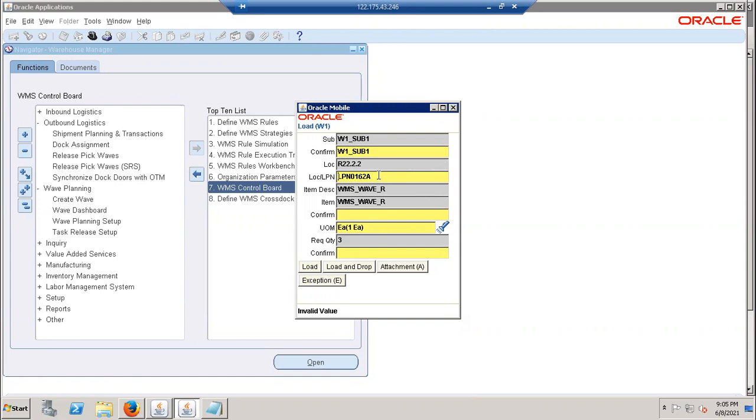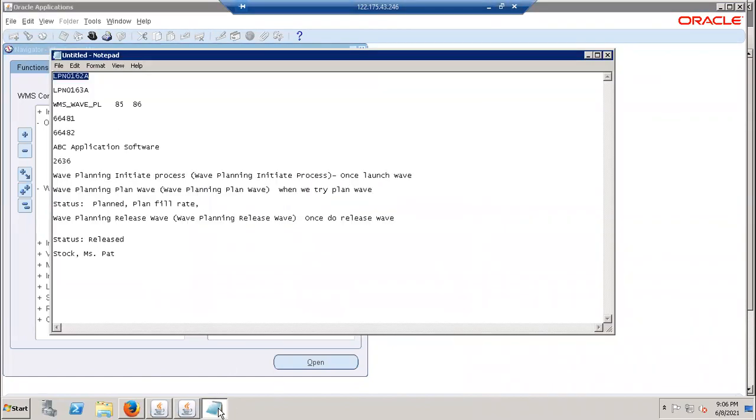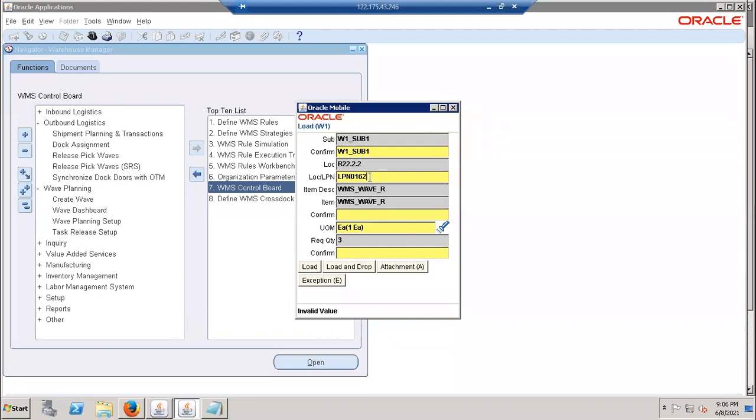Enter any LPN. 162B. Just give B. 3. Yeah. 162B. B for bat. Enter. No. Enter. No, it didn't take actually.